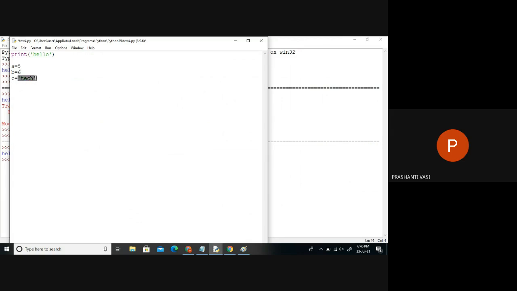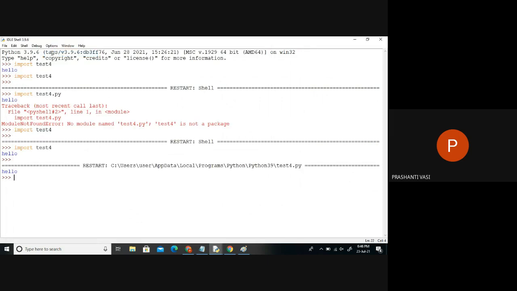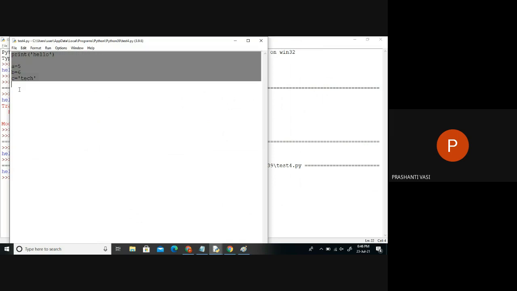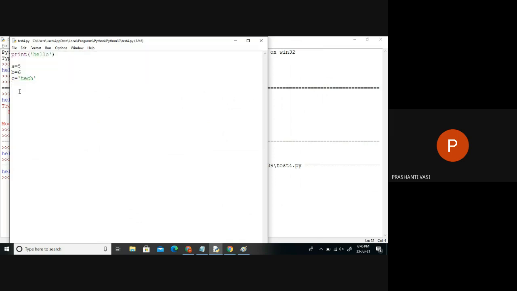Now I am saving this file again, and when I click on run, the software starts execution. So when I said run, immediately the Python interpreter restarts again. That means on the file itself, we have clicked on run. So when I clicked on run, the Python interpreter starts first, and on the interpreter, this code gets loaded. And when the code is loaded, it starts executing line by line.